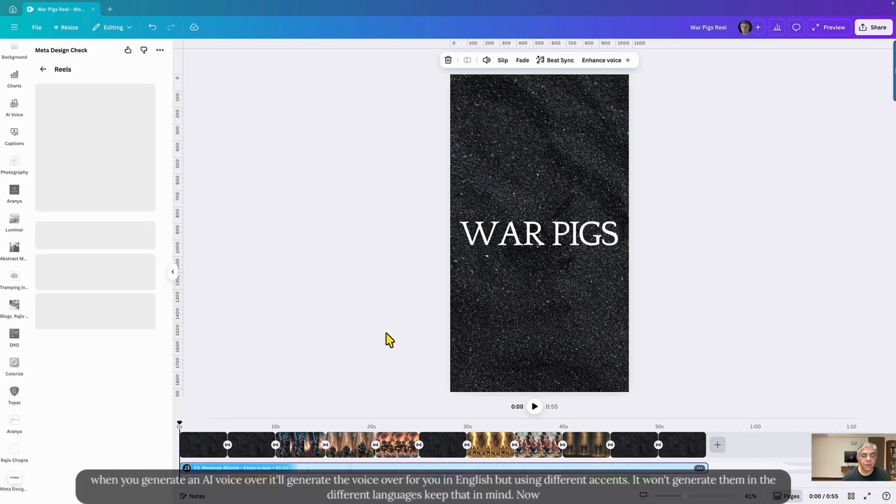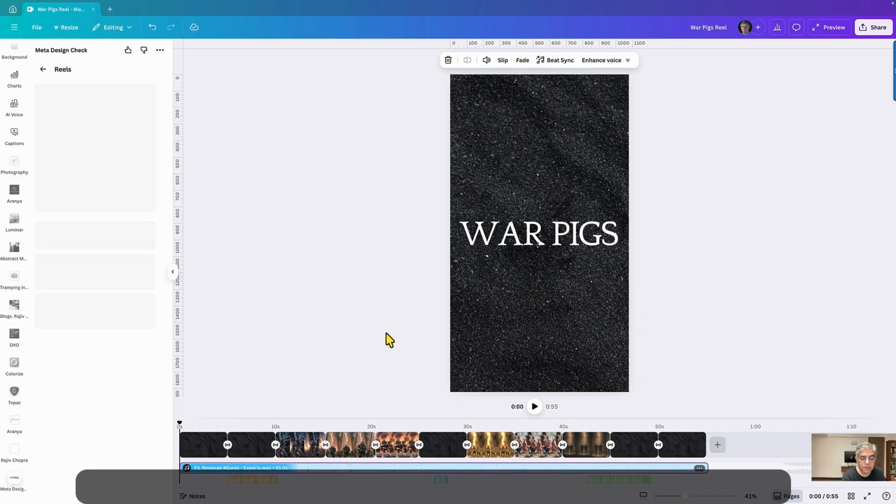So when you generate an AI voiceover, it'll generate the voiceover for you in English, but using different accents. It won't generate them in the different languages. Keep that in mind. Now, also keep in mind that in the new video editor, everything works